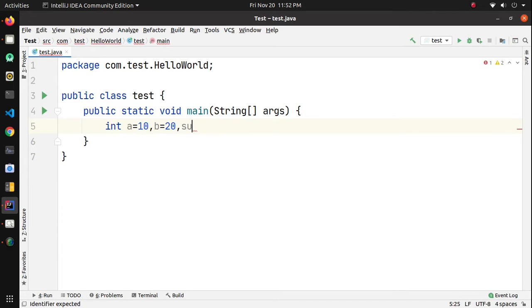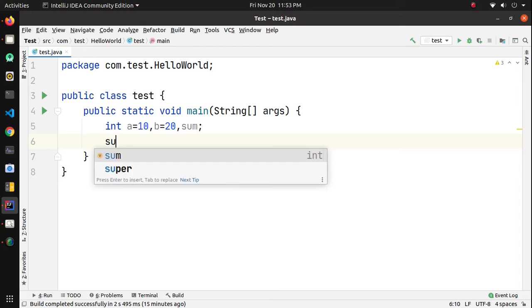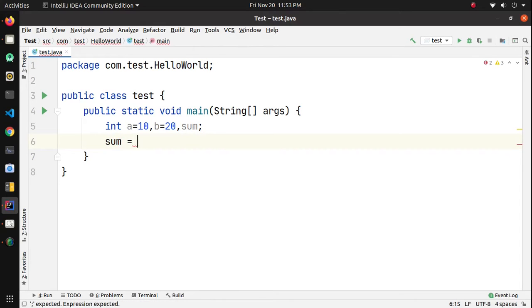Let's say we are basically going to store the result in sum. So sum equals to, here we need to write the condition. So if a is greater than b, then a will be stored, and if it is false, then b will be stored. So now let's print the result.